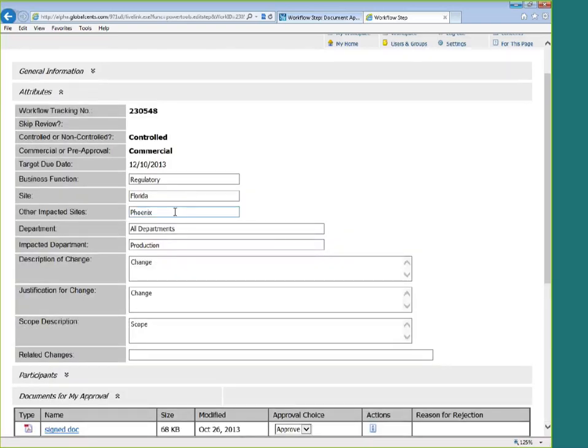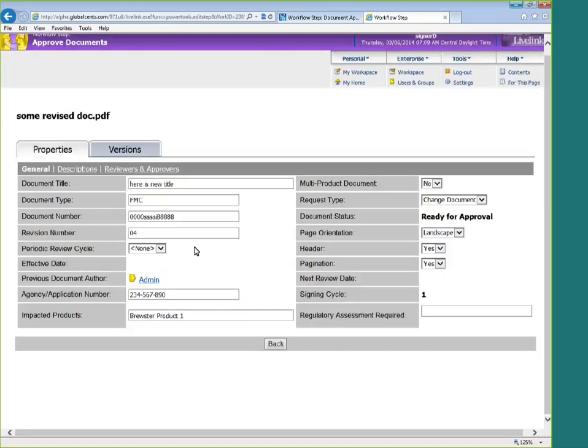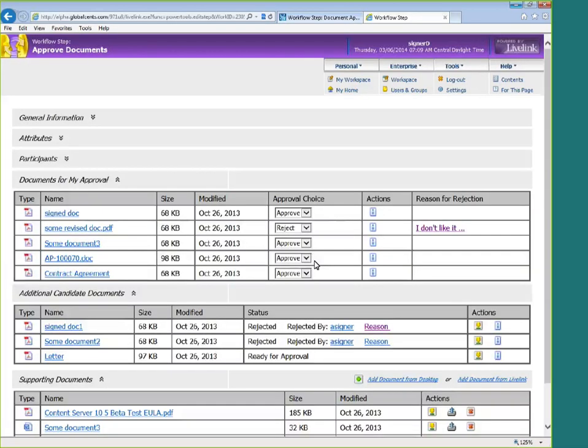As you can see, there are a number of attributes that were common between all of the documents, but each document itself has its own metadata that needs to be maintained and updated throughout the process. And also, as you can see, it shows there which additional reviewers and approvers were supposed to look at each document.